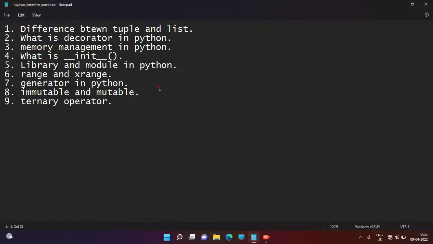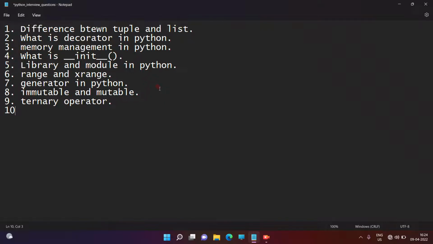So the definition: writing and executing a conditional statement in only a single line is called a ternary operator.